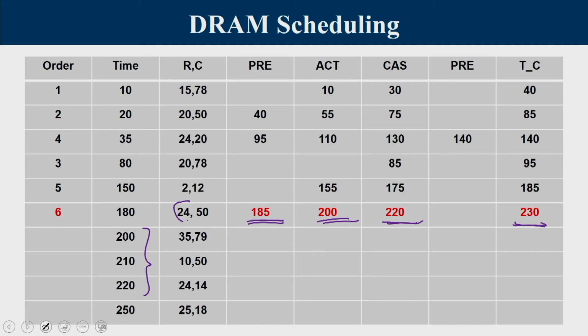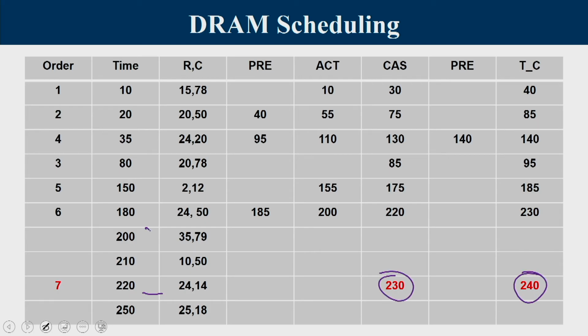So we have to understand that this is now row number 24. If you look at the remaining three requests, one which came at 200, another which came at 210, and the third one which came at 220, this one is to the same row. So as per the policy, I will service the one that is having a hit. So the seventh one that has been serviced is this one. So we have to apply only cache at 230, by 240 it gets over.